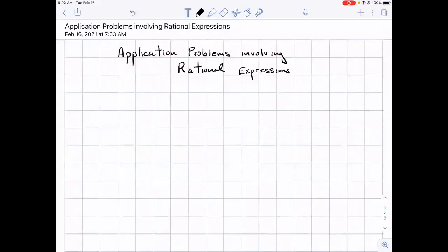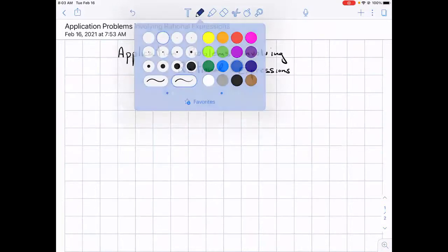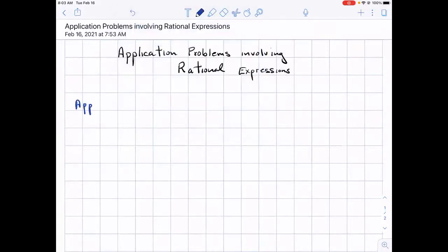Hello. Today, we will look at application problems that involve rational expressions. So, meaning that we'll have some word problems, but we're looking specifically at rational expressions. Now, keep in mind that when we look at application problems, also known as word problems,